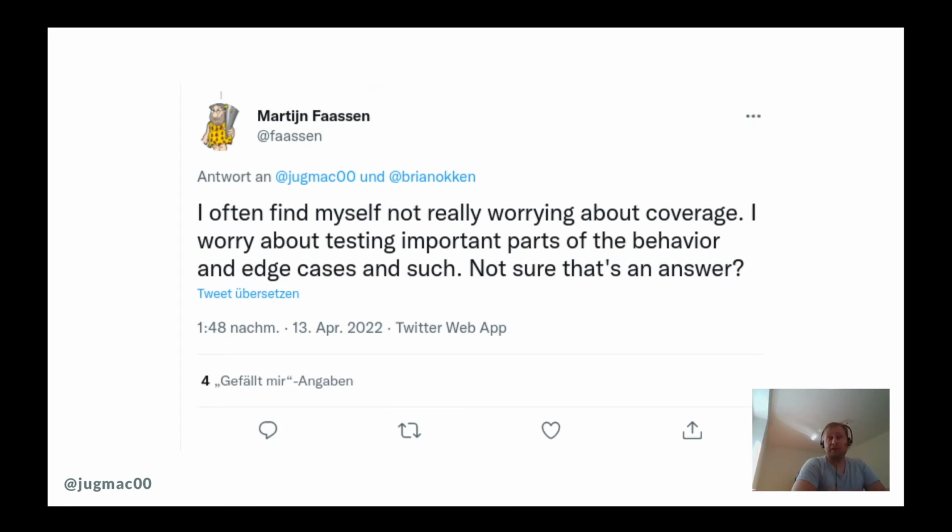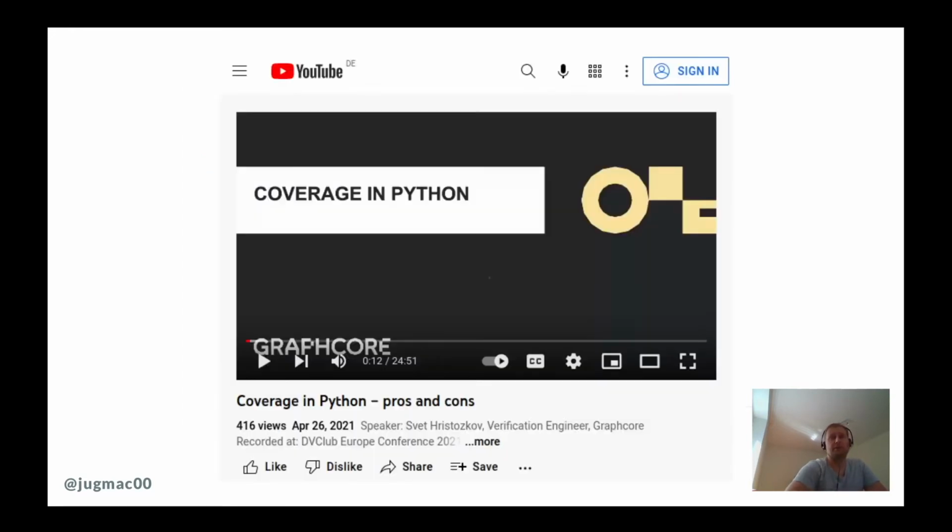Martin Fowler is a Python programmer for more than 20 years. He's a framework inventor. He writes awesome blog posts about architecture. You really should read his articles. And, whoa, he doesn't really worry about code coverage. Martin, I expected numbers. Okay, let's have a quick break from Twitter and look at what YouTube is offering about code coverage. Oh, there is a cool video.